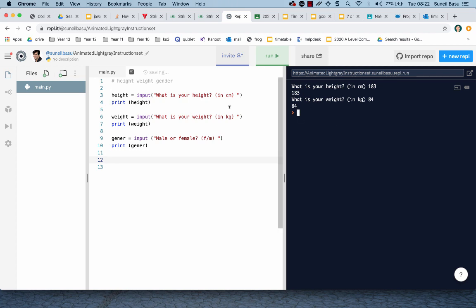So there we have my basic program. What is your height? What is your weight? What is your gender? Let's try and tie that all together. Now all those variables are in the computer's memory, so I don't need to ask the computer again while it's running. Those variables are stored. I'm going to say hello,